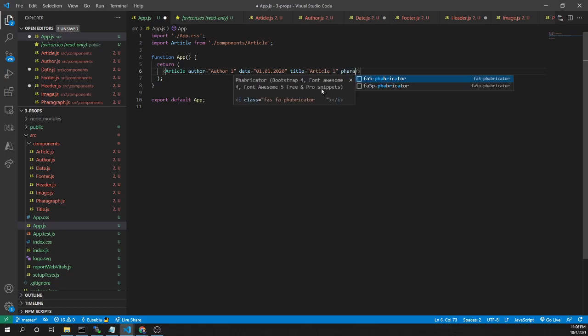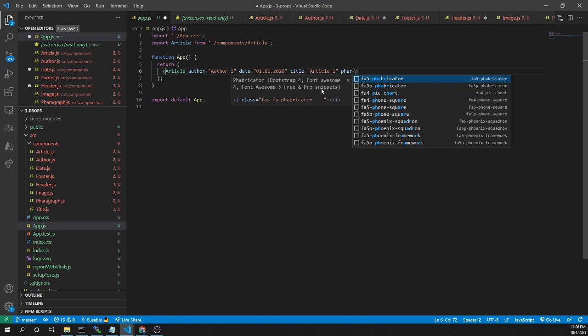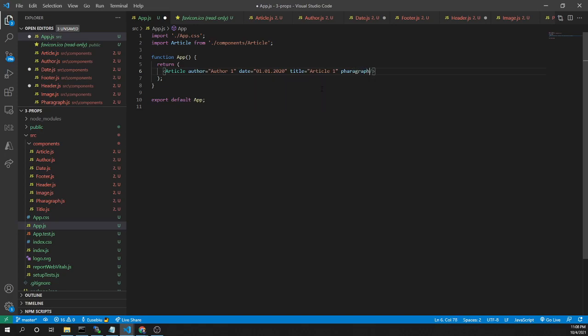Let's add paragraph. So let's put paragraph 1. And I think it's enough. So I added the article component, and to the article component I send some properties.